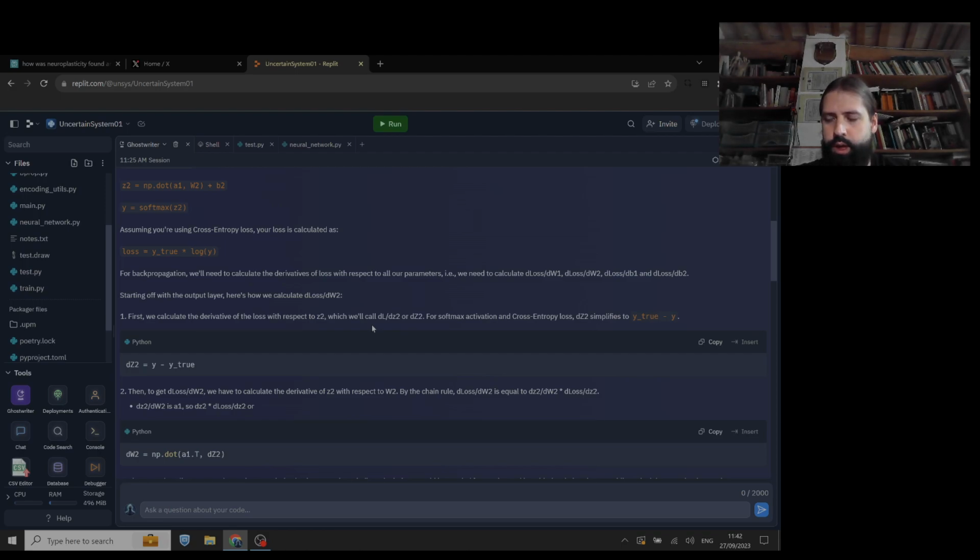Then you want to take a look at the next parameter, right? Because you want to modify each input parameter so you can tweak the final result. So then you take a look at how much I need to change